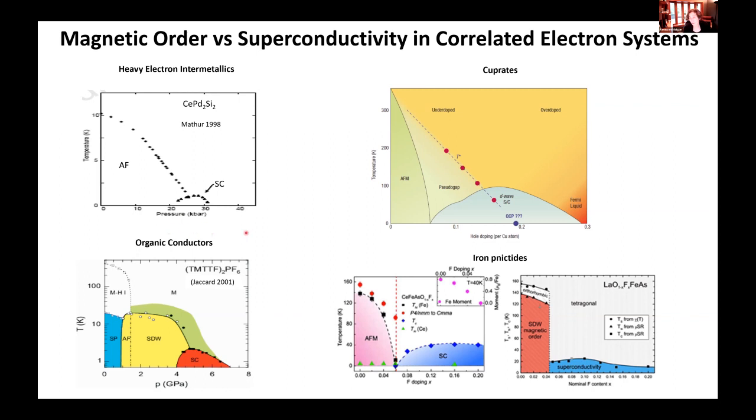That's potentially okay, but I think a more accurate way to think about it would be that as we suppress the magnetic order, we make very profound changes to the properties of the excitations and the correlations that are present in the materials, in such a way that the system is now primed to undergo another set of instabilities, unconventional superconductivity being one of them, but certainly not the only one.